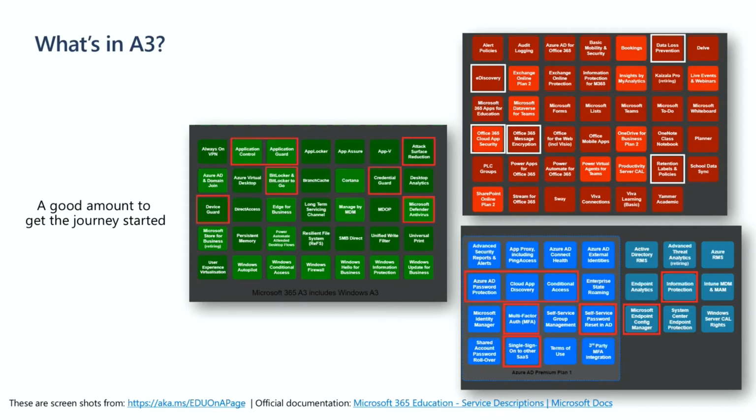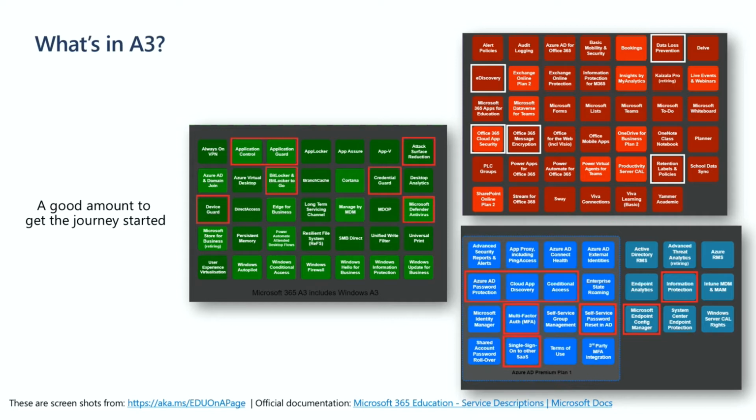So as a quick review, our A3 licensing has a ton of really great security features and foundational elements for you to deploy. Azure Active Directory is amazing. You're getting conditional access, multi-factor authentication, single sign-on into Microsoft apps, but also third-party apps. You can do self-service password resets. With A3, you're also getting the information protection components, being able to label, encrypt, and protect content, whether it's an email or a file. You have that capability.